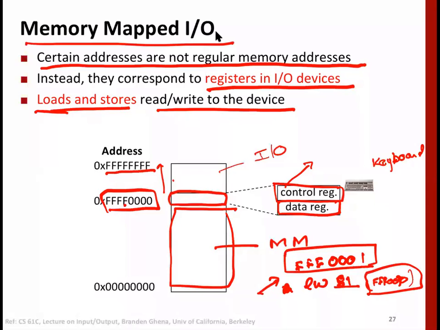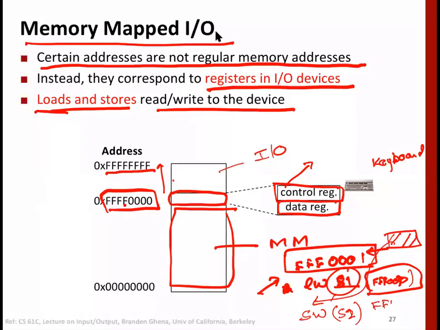Whatever is there in this location, and location means that it's pointed to by a register. Whatever is there in the register, I am bringing it to the CPU and loading it to register S1. So essentially, I am reading from that printer. It may have some control information. Similarly, when I want to write to a printer, I will store some word from, say, register S1 or S2, for example, to this location, say